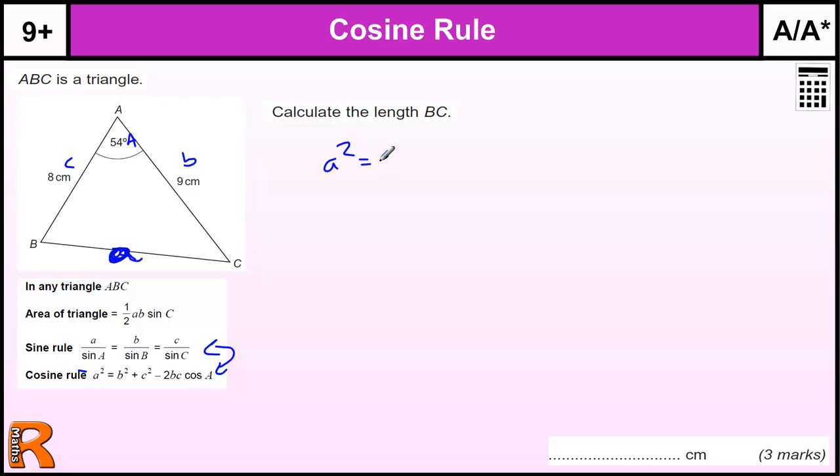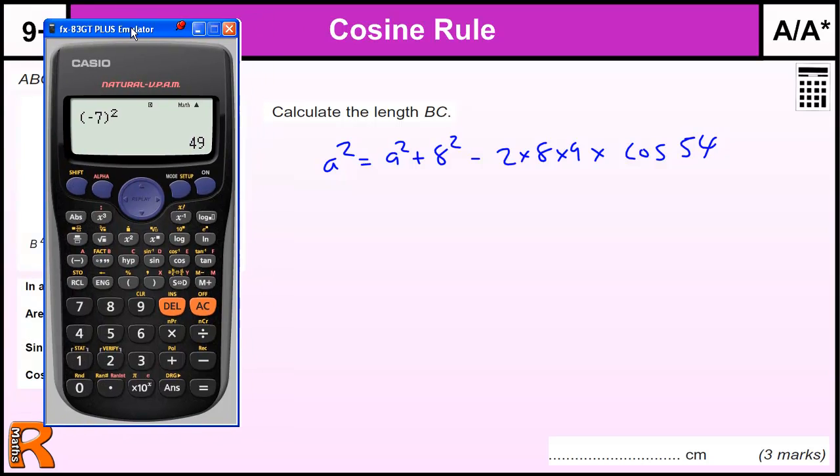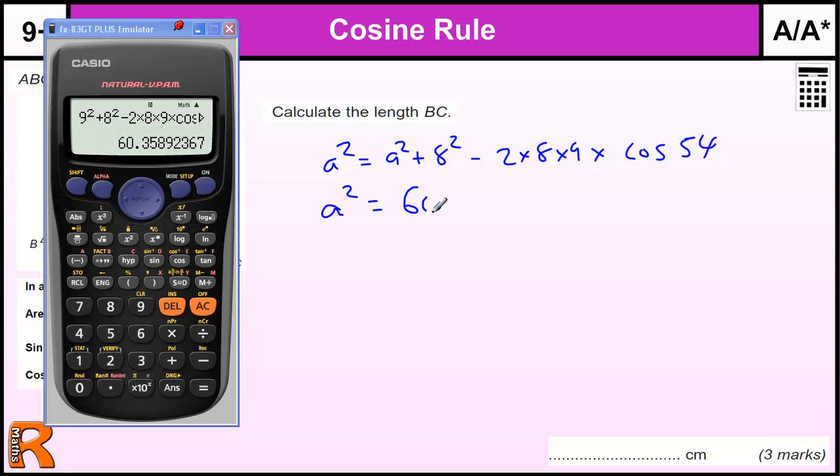So a squared equals b squared, which is 9 squared, plus 8 squared, minus 2 times 8 times 9 times the cos of 54. And you can pretty much type that into the calculator. So 9 squared plus 8 squared minus 2 times 8 times 9 times the cos of 54. When you're doing all trigonometry, make sure you've got a little d there, so it's in degrees, if you're using degrees, and press the answer, and we get a squared is